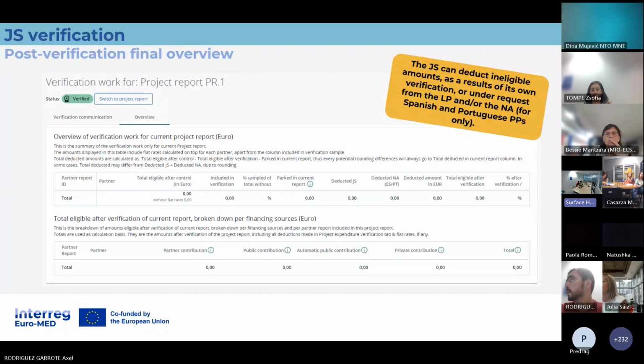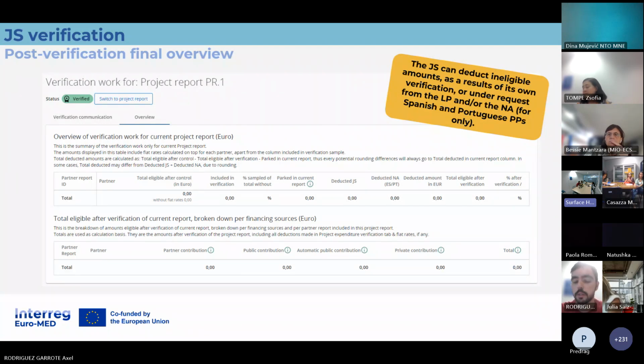This section will only appear after our verification is over. And here, GEMS sums up all the financial information about the partner report. So all our deductions, and what quantity of expenditures has been approved and verified. All the information, you will find it there.